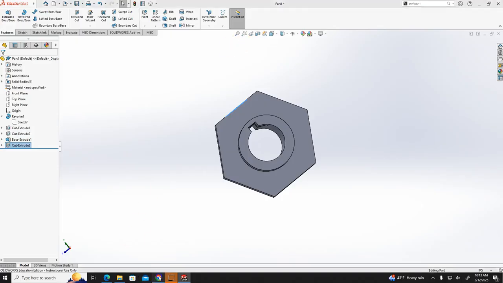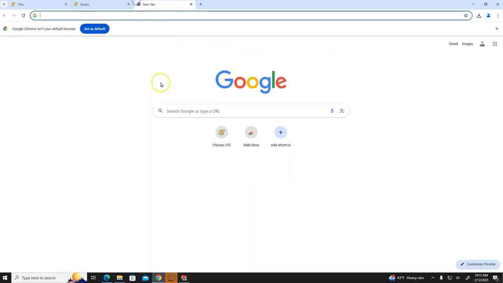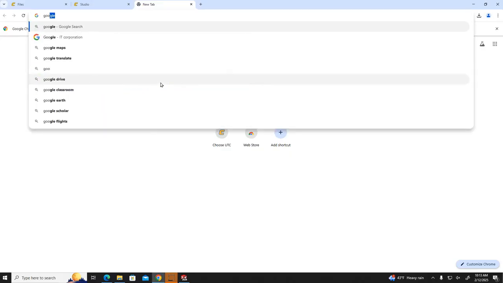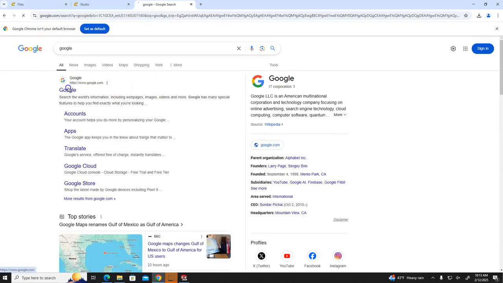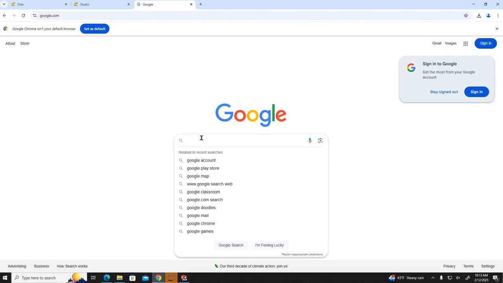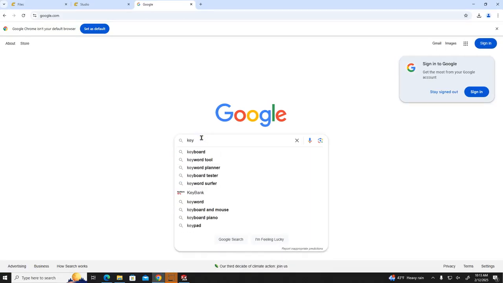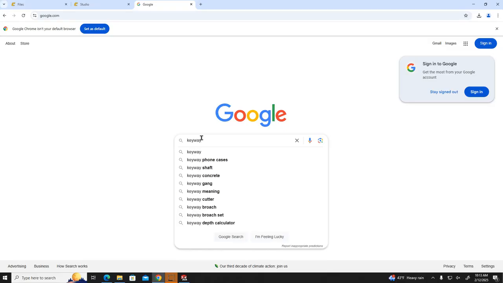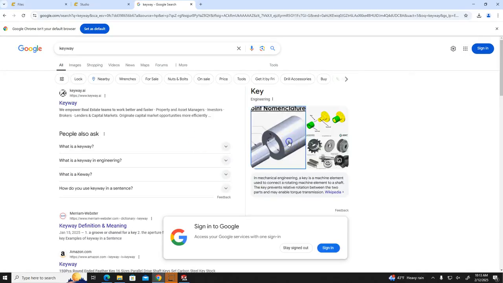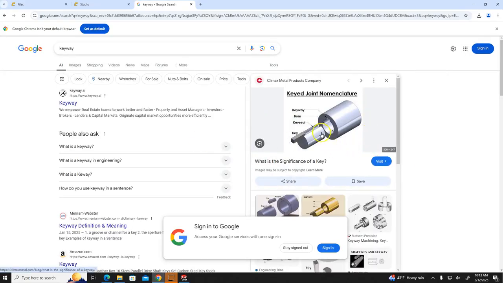Okay, so if I Google, and if I type in key, I think the Wi-Fi went out. I think the Wi-Fi went out. Keyway. No, I'm just letting you know what is meant by keyway and key seat. So if you go to this,